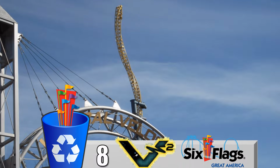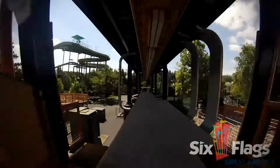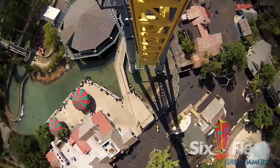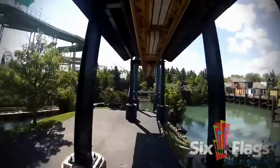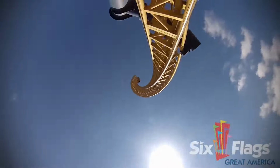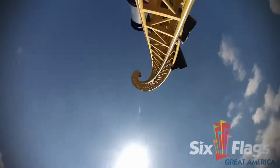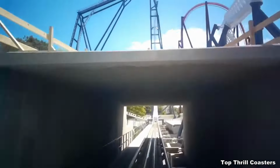Number 8. Vertical Velocity at Six Flags Great America. Sorry to everyone in Chicagoland, I'm taking another one of your coasters. V2, V squared, however you say it, is one of those coasters that just kind of seems to have outlasted its worth at the park. The Intamin Impulse was a cool gimmick back in 2000 to 2002, but it died off pretty quick, and a ride like this may make more sense at a smaller park,